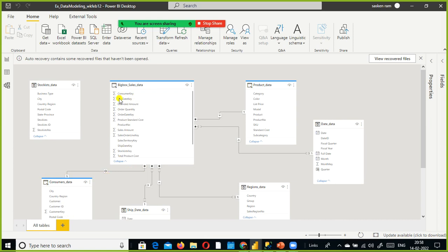The common column between these two tables is consumer key here and customer key there. I just dragged and dropped it. This is one way of creating the relationship between the tables.